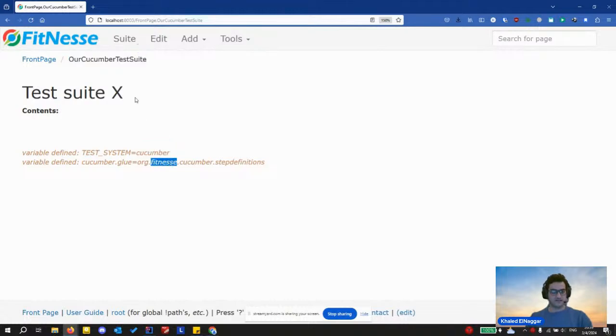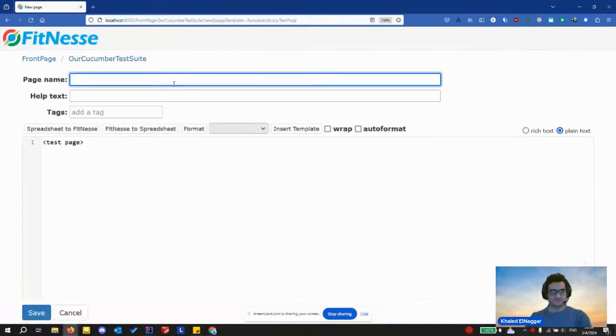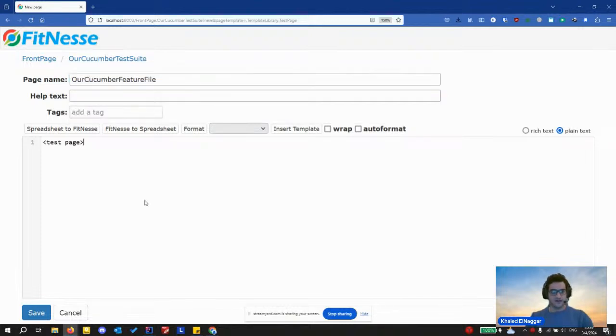Now we've configured our test suite to run against Cucumber. Let's add a new test page, which will resemble a feature file. Now let's create a test page. The test page, let's call it our Cucumber feature file. And let's add a very simple feature file. Let's get a feature trying out Cucumber.